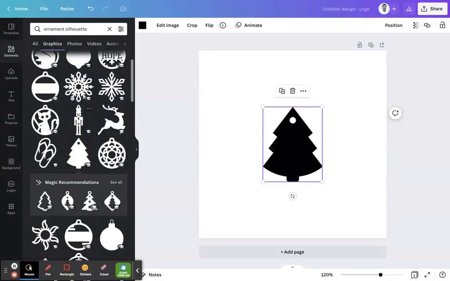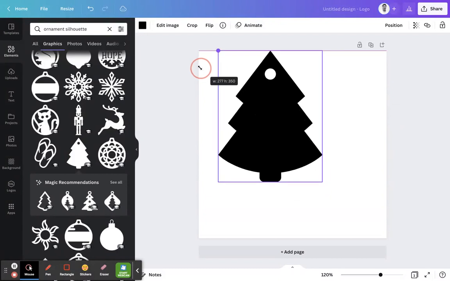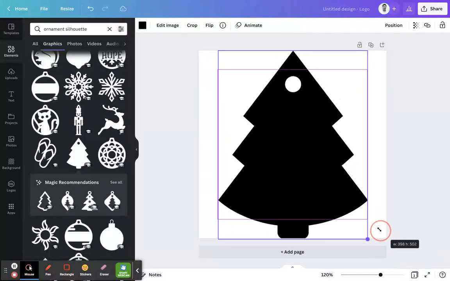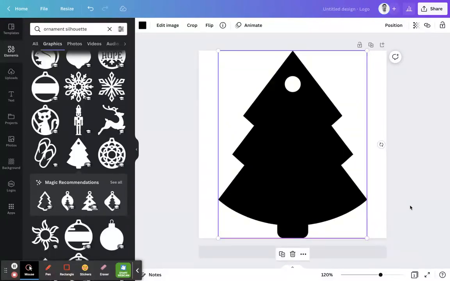Now, once you have your shape inserted, whatever the shape is, go ahead and scale it up so that it fits as big as it can in the workspace that you have. Don't go over, but set it right at the workspace that you have. The black is what will get cut out of the wood in our printer. What we want to do is personalize it so that it says something on top of it that we can etch in